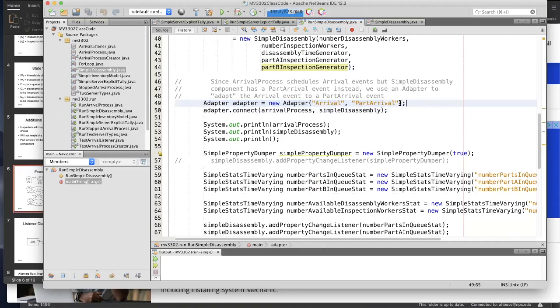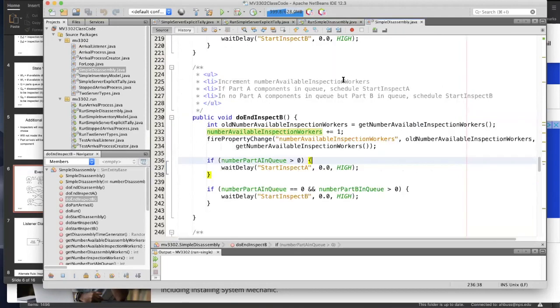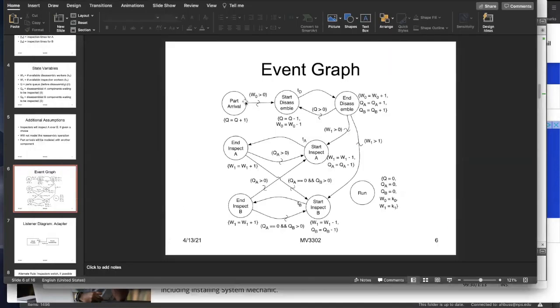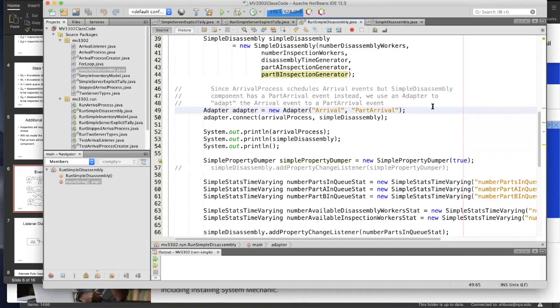So here's where I do an adapter. If I just do a sim event listener, it's not going to work, because my simple disassembly model requires a part arrival event per the event graph, but my arrival process is producing an arrival event. In situations like that, I have an event that would be perfect because the signature matches; the only thing that doesn't match is the name. So the adapter,